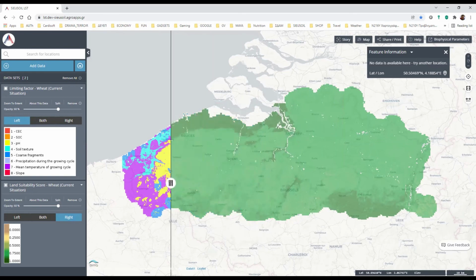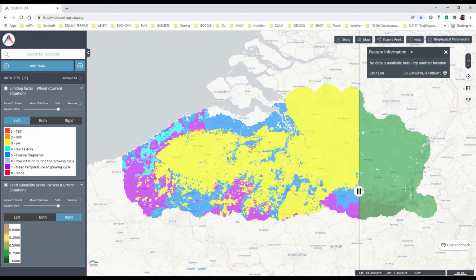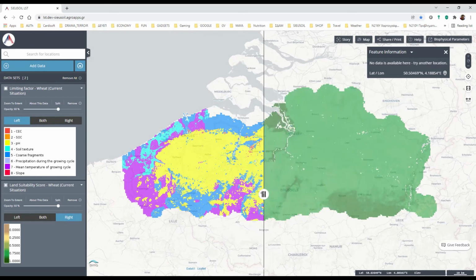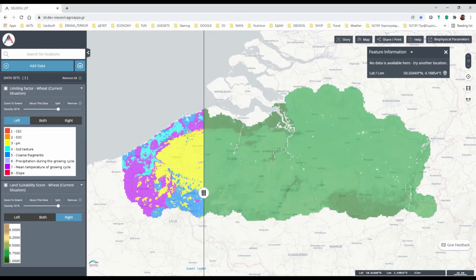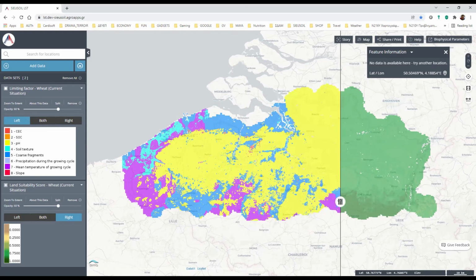You can drag this line to the left or to the right, and you can see now which parts of the area have a certain land suitability score, and which is the limiting factor, by moving the line to the left and to the right.